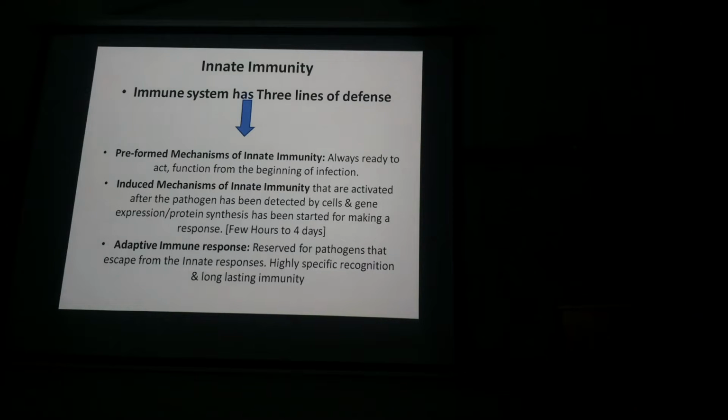If some pathogen, for instance, has entered your body, which of course they do on a daily basis, but you do not feel as if you are sick. You do not feel any symptoms of that disease because the innate immune system is effectively eliminating those pathogens from